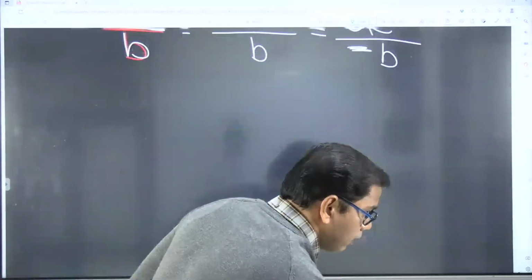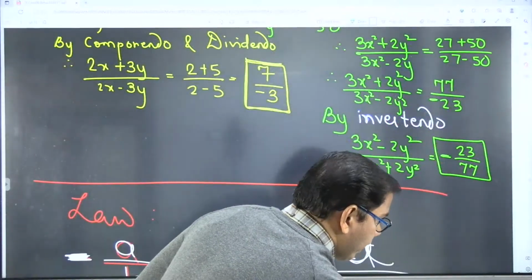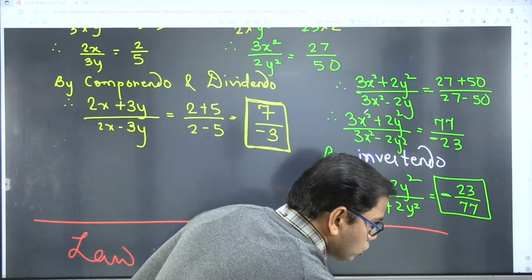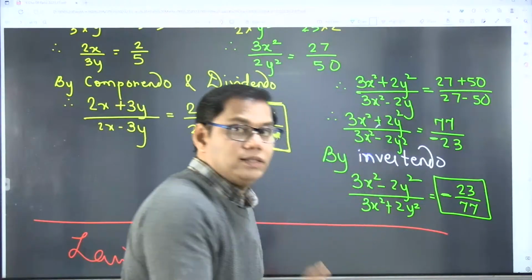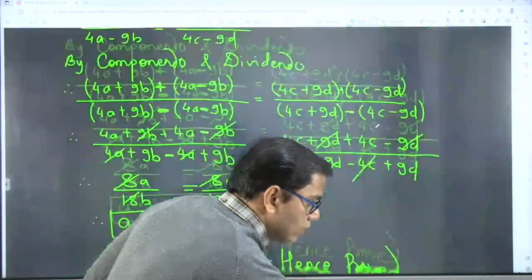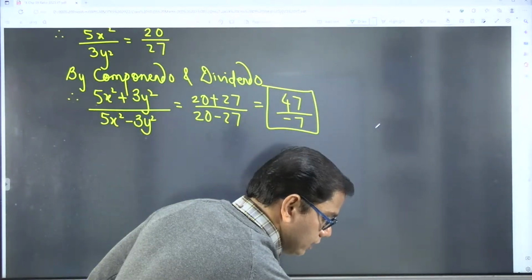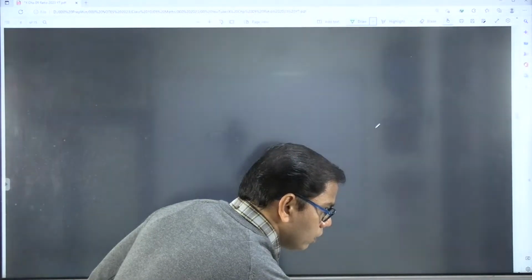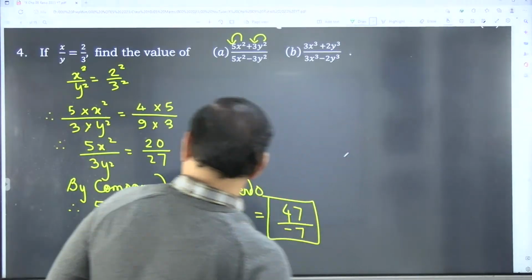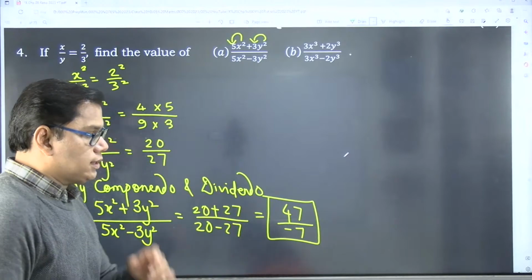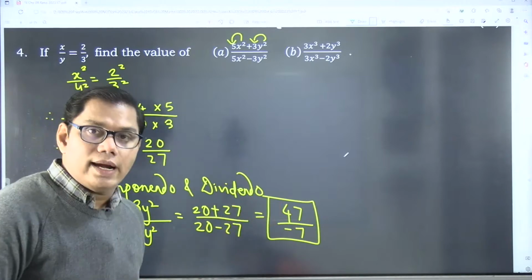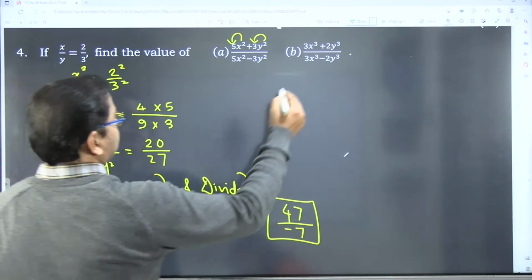Please go back. Please make sure that you change this answer from question number 1B wala part. So when you change the fraction on the left hand side, you also have to change it on the right hand side. So what is the answer over here? आ गया हमारा क्वेश्चन. यहाँ तो इन्वर्टेंडो नहीं करना. So this is the answer, 47 by -7. Minus you can write in the denominator, you can write in the numerator also in front of a fraction, right?